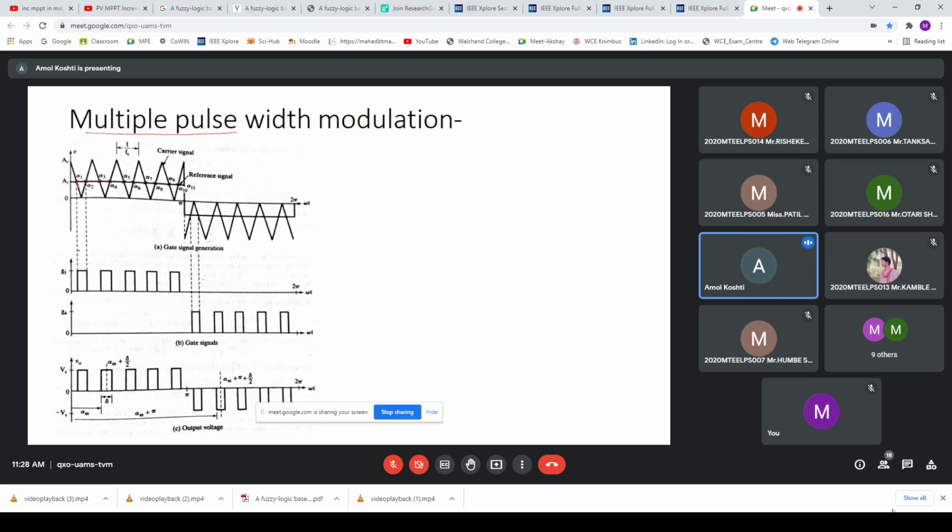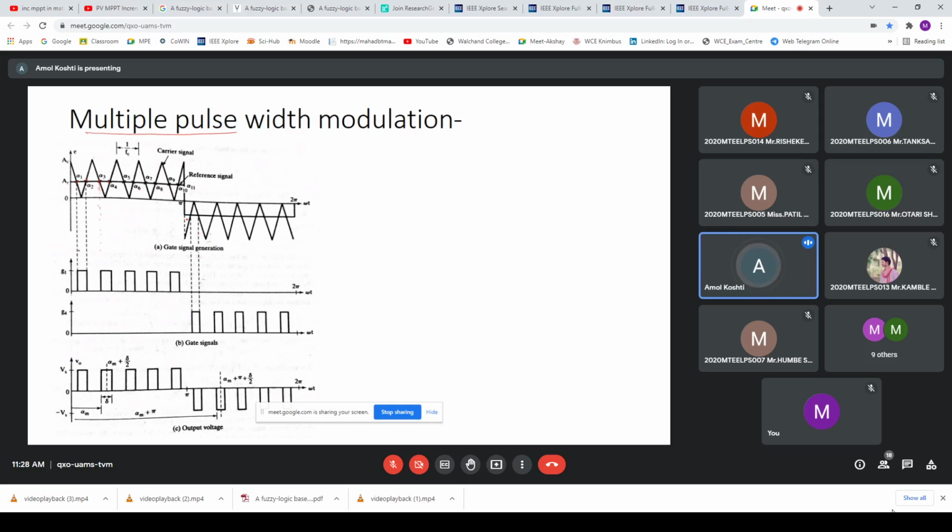Okay, so it means this pulse is only taken here. Okay, so if we want some more, then we can also take this part in this way. So that is, producing the pulses again depends upon the frequency of this carrier signal. Okay, if the frequency of the carrier signal is high, then more pulses are produced. If the frequency of the carrier signal is less, then less pulses are produced there.